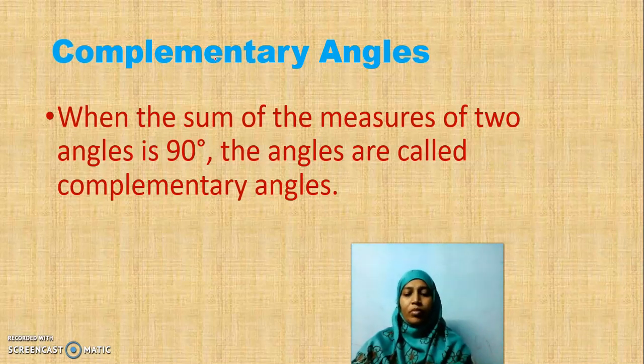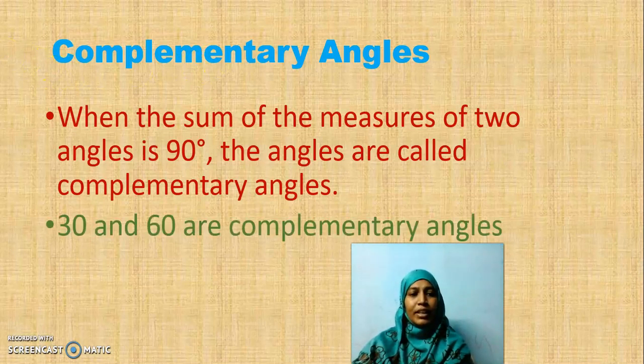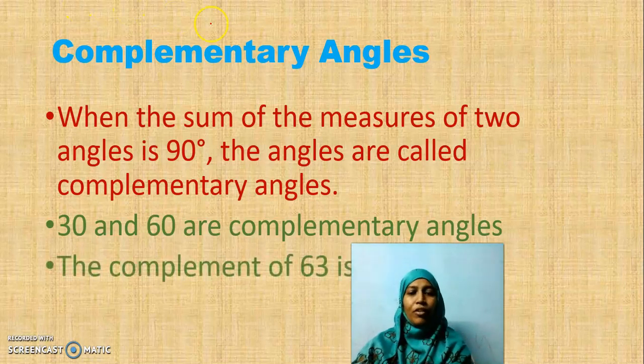For example, 30 degree and 60 degree. If I add these two, 30 degree and 60 degree, it is exactly 90 degree. So they are complementary angles. The other way of saying this is,